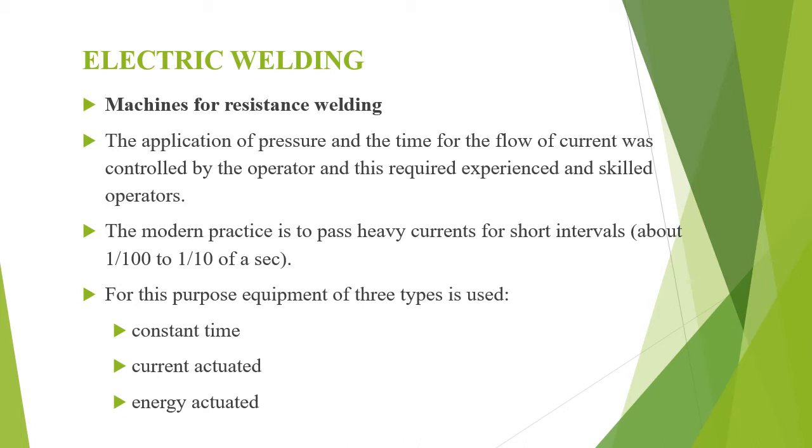Constant time equipment is used in high speed production where the work has a clean surface. This equipment may be provided with mechanical control or electrical control, whereas current actuated control has not been successful for high speed welding. The energy actuated control equipment, where a definite amount of energy is fed into the weld, is used when there is variation in the welding conditions for successive welds, like variation in supply voltage or mechanical pressure or wear of electrodes, and where the constant time method does not produce good welds.